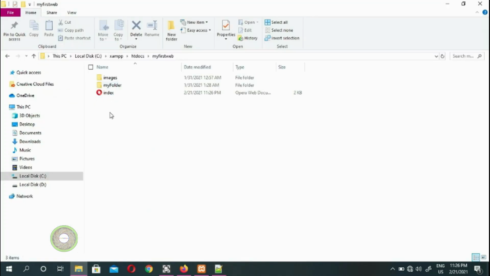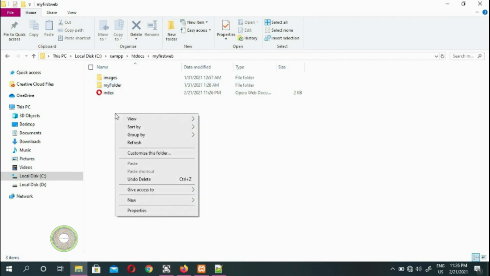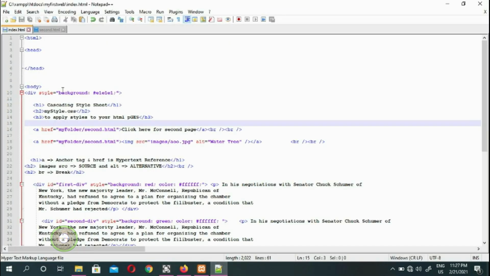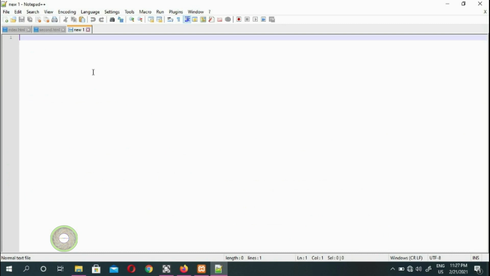Alright, so we go on our files, and you guys see our images, and that's my folder. We create a new folder and call it style. Some people prefer to put it as assets. Some developers prefer to put it as style. Whatever you guys feel happy with. You guys can go in your notepad or your text editor, and you can create this CSS file. So if you go there and press save as,